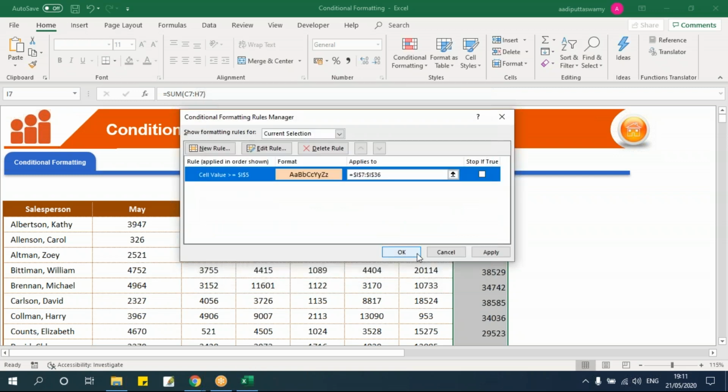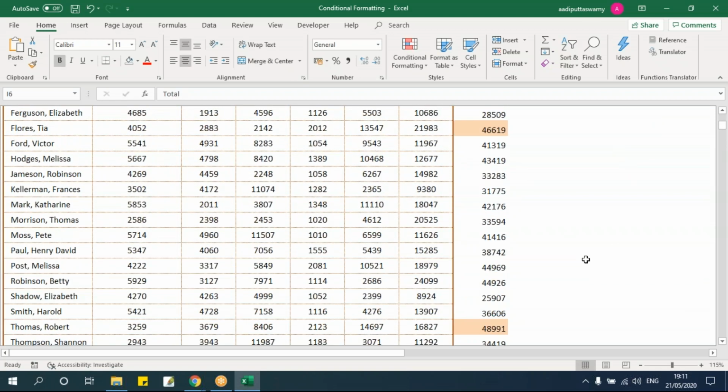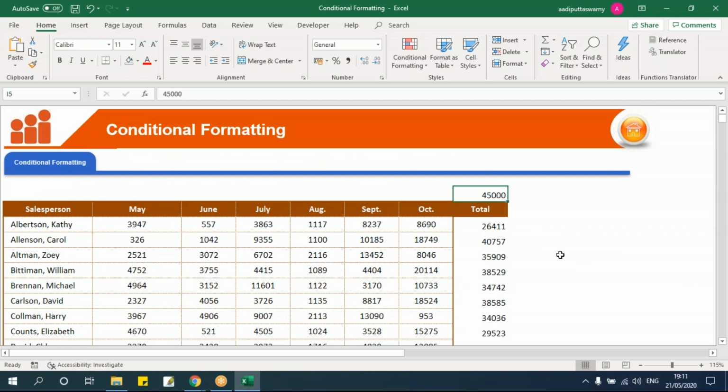Say OK and say OK. Now the values which are 35,000 and above will be highlighted. Now if you want this to be 45,000, I can just go here and change this. So this will get changed like this. So I can either use hard-coded values or I can use dynamic values like this.